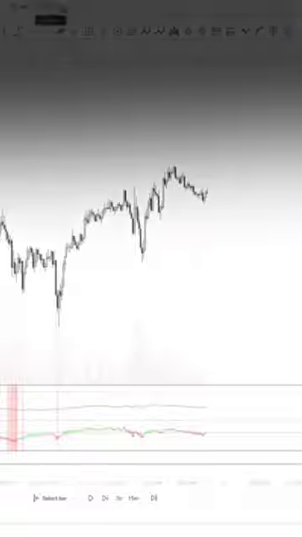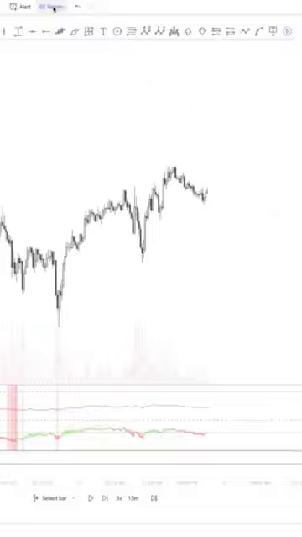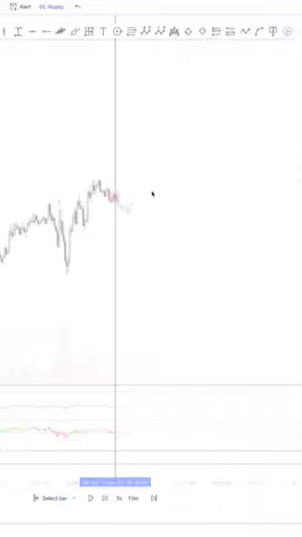Okay, so let's just use a really simple example of how you can actually go through and test your strategy. Once you have an idea, you can click on this button on your chart, which is called bar replay, and you can click back to a random part on your chart and then click